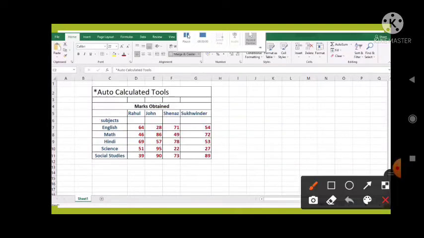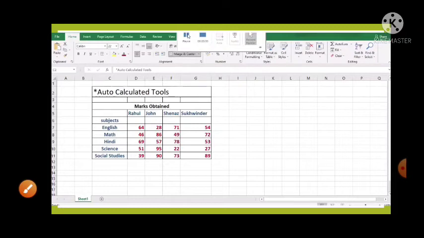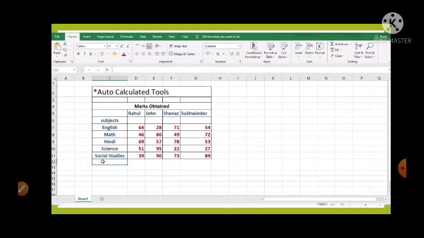Now at first select the home tab. Now look at how to do it. So here we are writing total, because we will find the total marks obtained by the individual student.